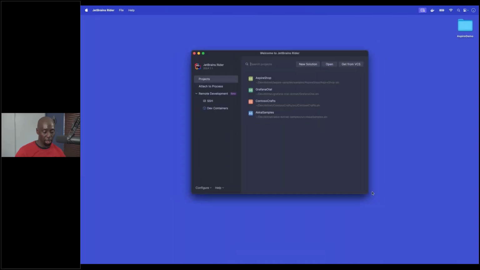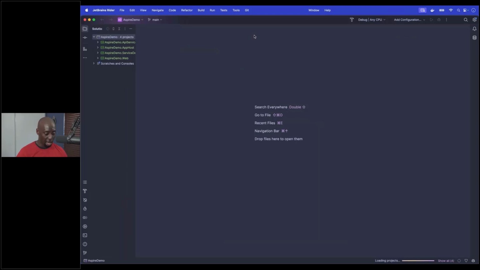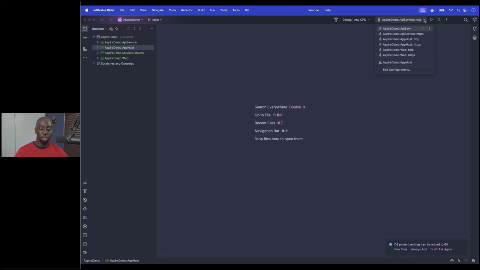So again, this is a brand new application, not something that I pre-prepared. I didn't do anything special with it. But I really just want to let you see what exactly it looks like when you first create an Aspire application. Now, I don't know if you can see it or not, but on the left side, I have 4 projects that got created, right? Now, the main project that I want you to pay attention to is the app host. I'm not going to show you what the code looks like yet, but I am just going to run it.